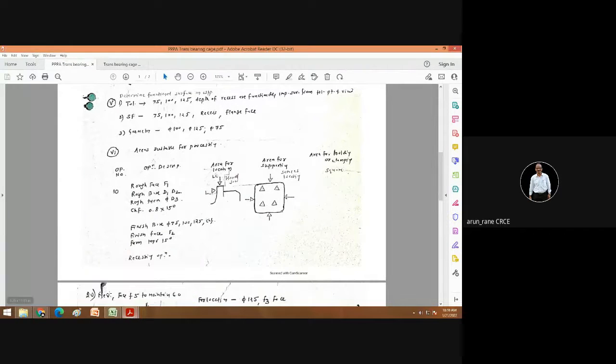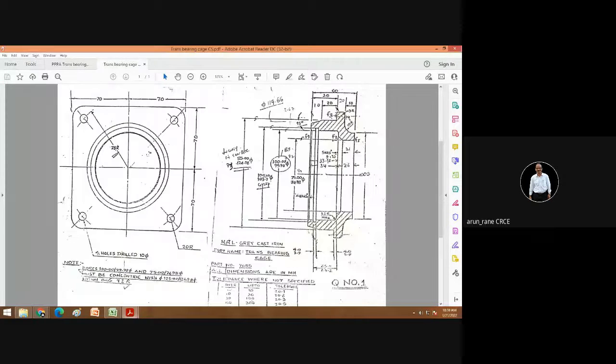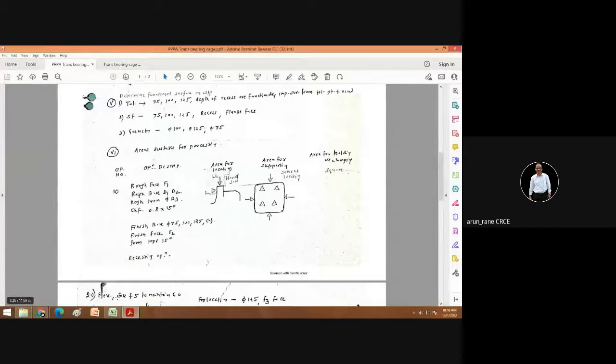That is this: 100, 99.99, 75, 74.99, 125. Here it is mentioned that it is to be within 0.05 TIR. So you need to pay special attention, because those are geometrically important surfaces: 100, 125 and diameter 75.